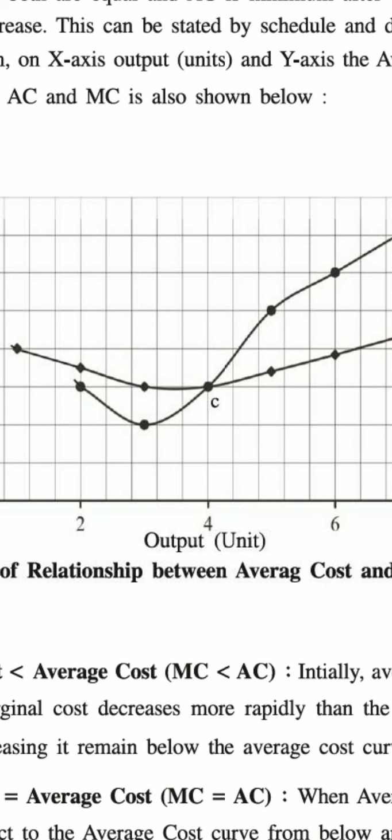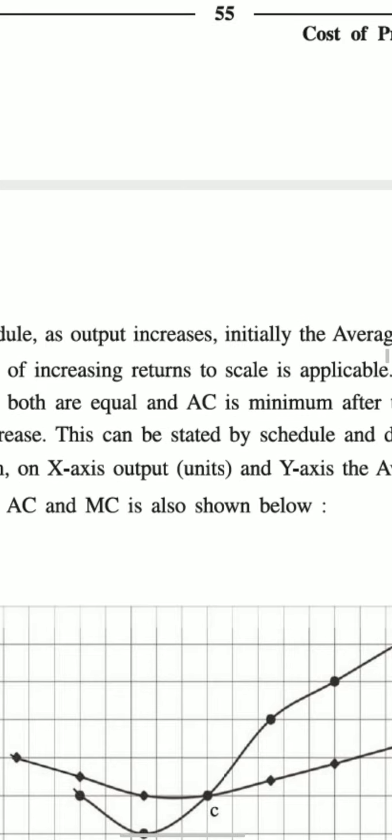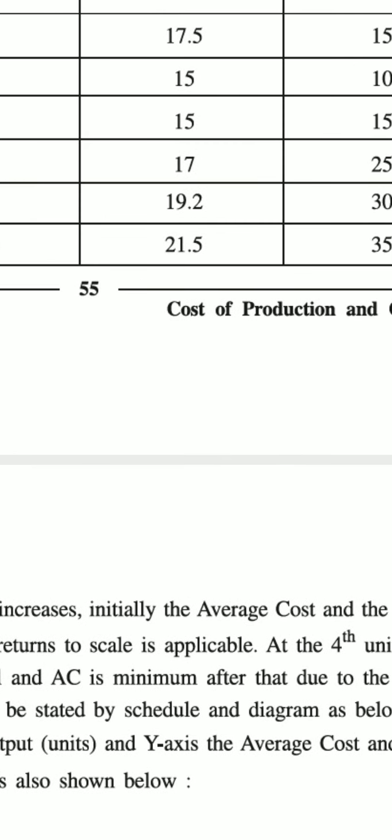Now once it starts rising, we can see that both of them intersect each other, that is, the marginal cost will intersect the average cost from below at point 15 when the number of units produced is 4. You can see the point C, which shows the intersection of marginal cost and the average cost. After the marginal cost intersects the average cost, both start rising again. You can see the figures over here where both start increasing from 17 to 19, 19 to 21.